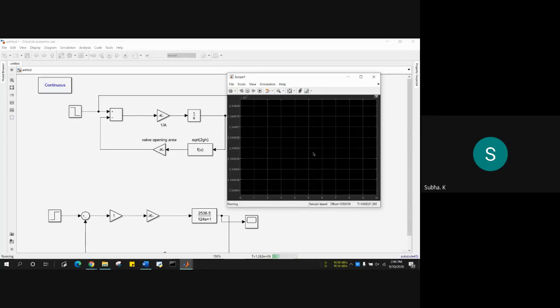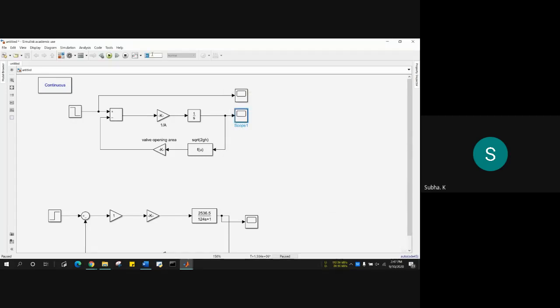Are you able to see the waveform? I'm not able to see any waveform. Ma'am, no waveform is coming because the time is infinity, so it keeps on compiling, ma'am. It will be okay. Or otherwise, give 2000. I have seen infinity run waveforms. No problem. Otherwise, stop the simulation and give it 2000. Let me see.